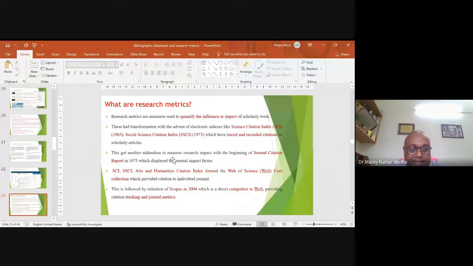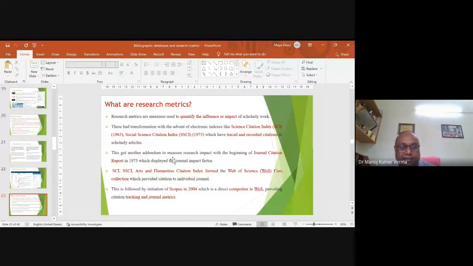These have undergone a transformation with the advancement of electronic indexes like the Science Citation Index and Social Science Citation Index, which recorded citations to scholarly articles. On the basis of citations, from long back, 40-45 years back, we have been doing this as library science professionals in the form of bibliometrics and scientometrics. This got another